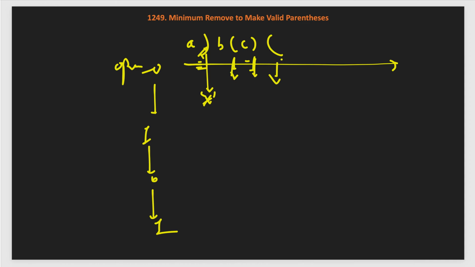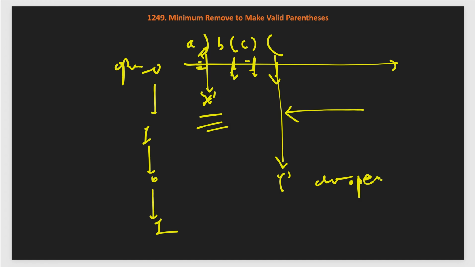Whatever close parentheses we encounter, we are taking care of already, while if a few open ones are extra in the end, they will be left over. So in the second pass, we start from right to left at the end, and if we encounter an open parenthesis and our open count is still greater than 0, we mark it again with the asterisk character and reduce the open count by 1, every time until the count is no longer greater than 0. So this is what we will do in the second pass.